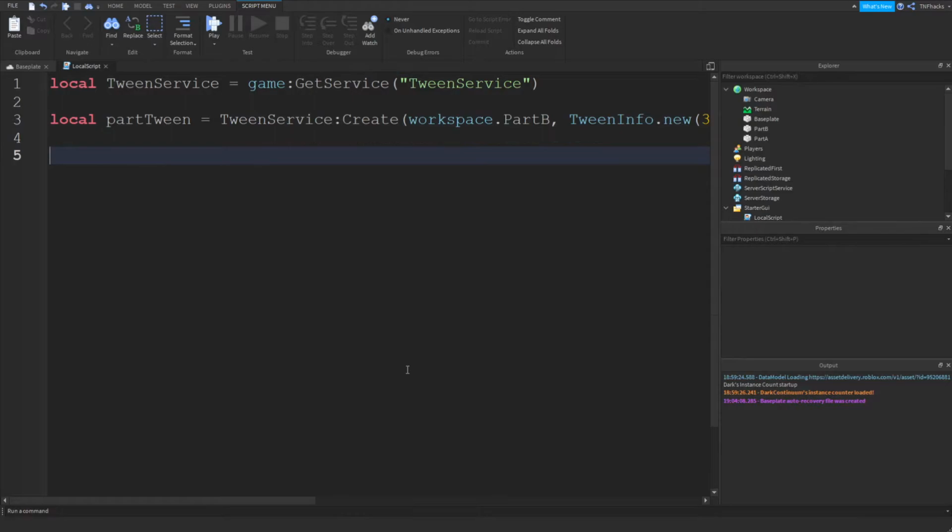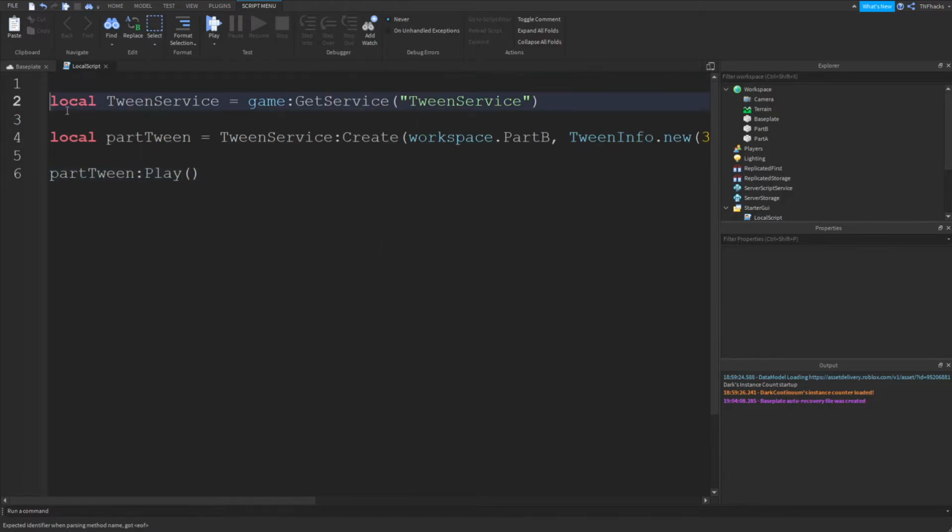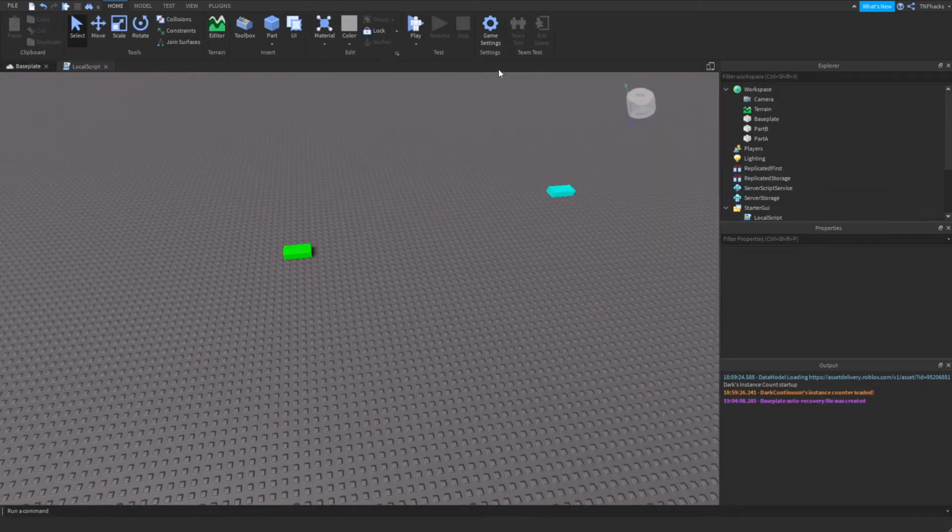And now we've created our tween, and now we have to play it. In order to play the tween, we just do part tween, and we do play. And what this does is it tweens it. Now let's actually wait 3 seconds. And now if we run,